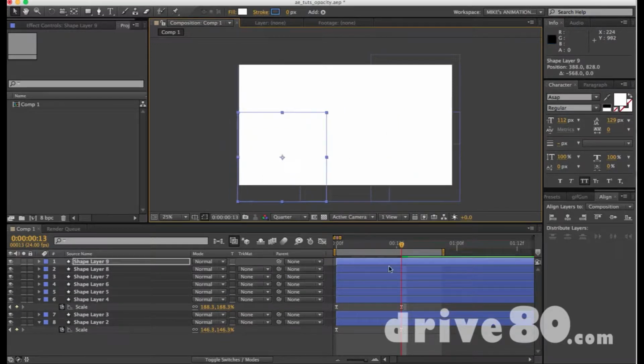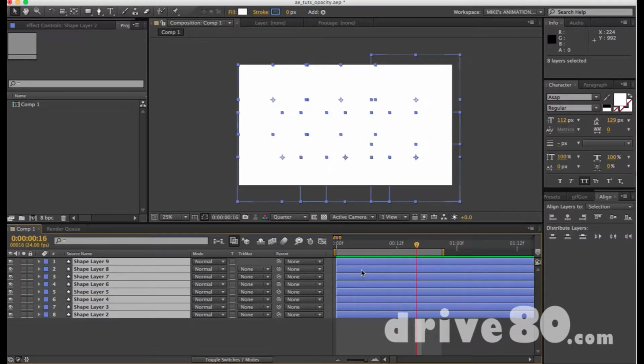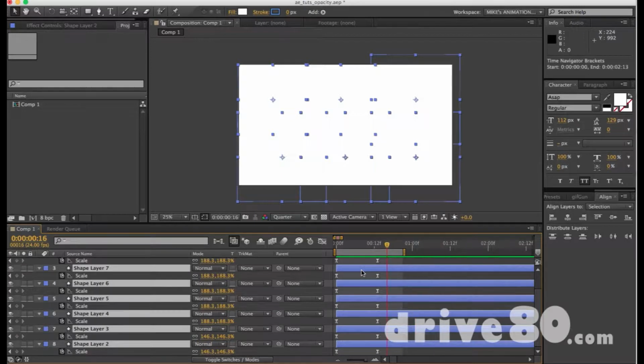So this whole screen is now going to fill with white in that time. So it goes blue to white. There we go. So that's kind of cool. It's a little effect you can do. But you can also, if you grabbed all of them and hit S, or hit S again, you'll see that you have all of these keyframes. So now maybe you can